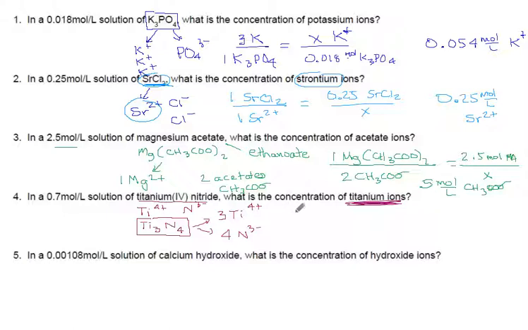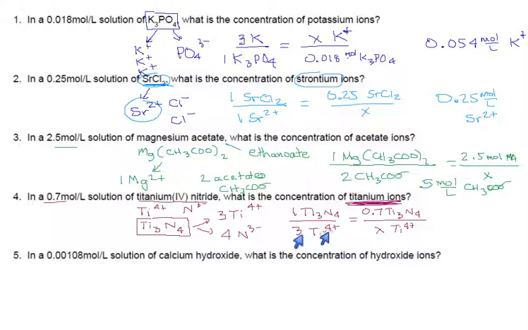So let's write that out. 1 titanium nitride gives 3 titaniums. So then, if we have 0.7 titanium nitrides, Ti3N4,